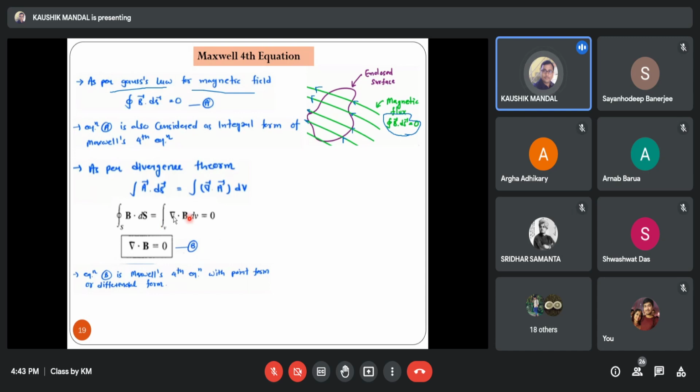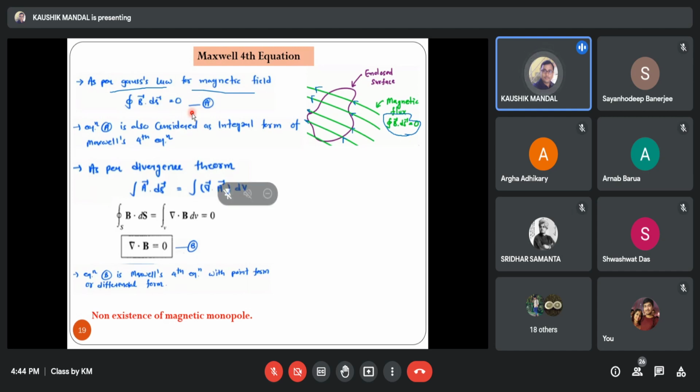So what is the significance of Maxwell's fourth equation? Divergence of B equal to 0. Or if you consider the integral form, the total magnetic flux through an enclosed surface must be 0. That means the significance of Maxwell's fourth equation is that it says there is non-existence of magnetic monopole. Non-existence of magnetic monopole means